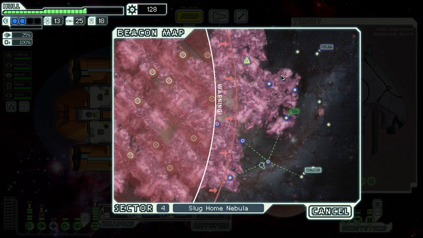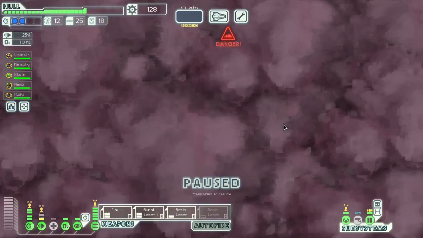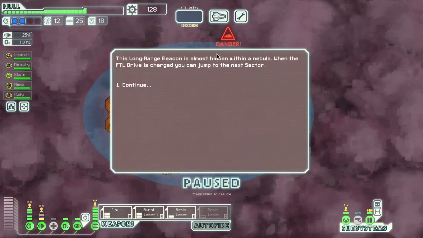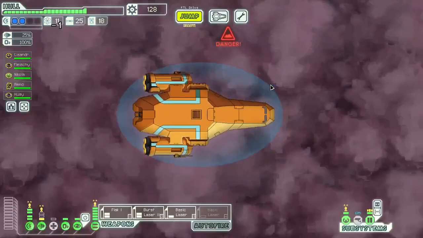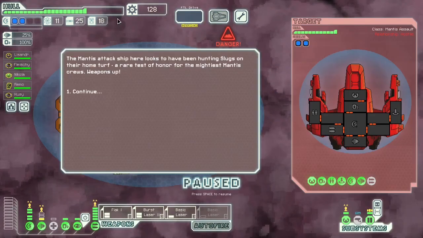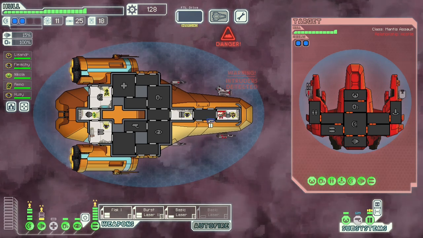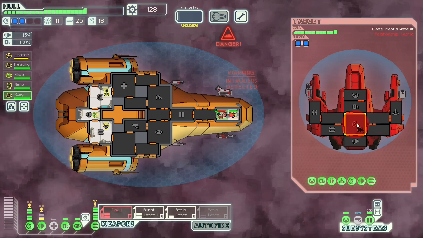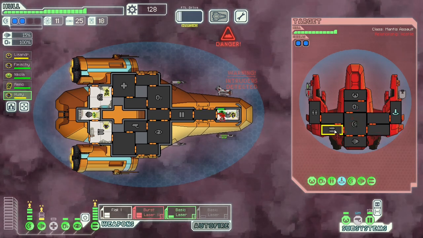Gonna go to the exit. If there are fights in these nebula jumps, we can get less of us being followed. Okay, go here. No, I should have upgraded my cloaking if I can do that without using my hack buff. I'll do that next fight. Next fight, after this fight. You know what